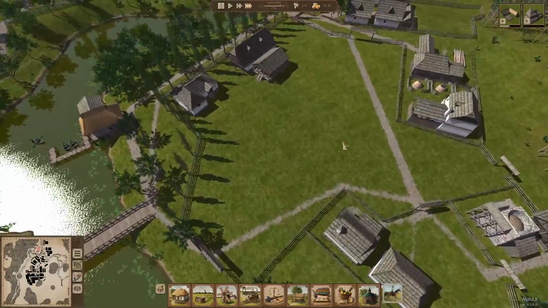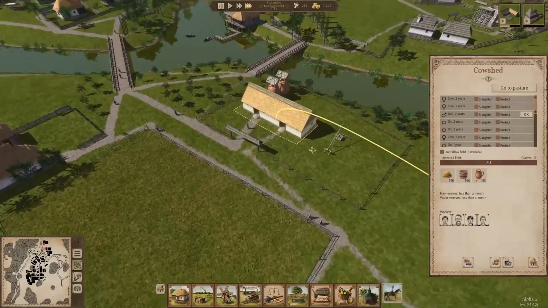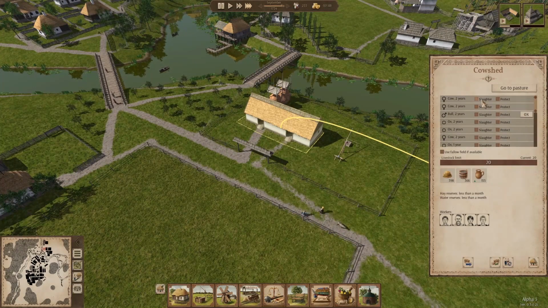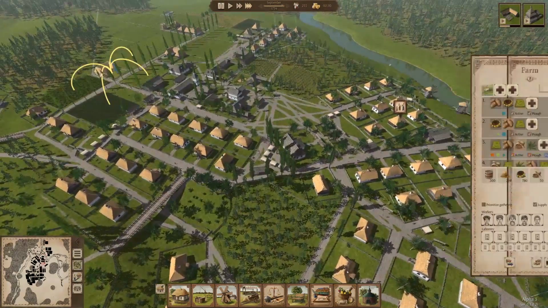All the buildings are constructed. Now we just wait for the cows to get old enough to where they can be slaughtered. Looks like we have a few that are 2 years old. We have newborns. We have a couple of oxen. Good. Let's order those for...